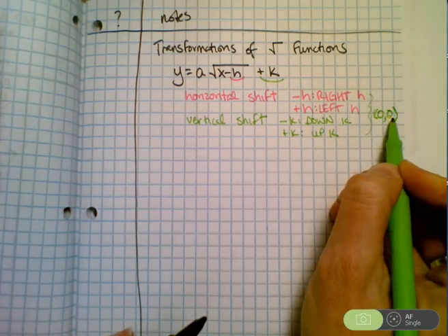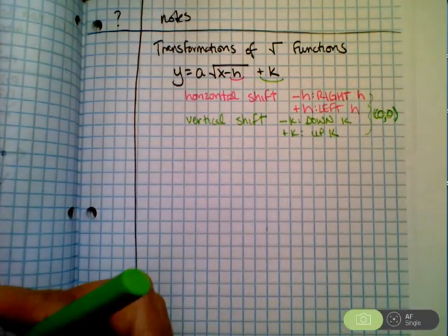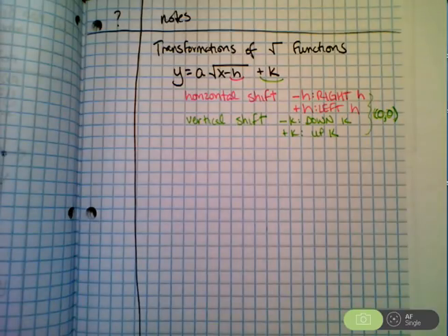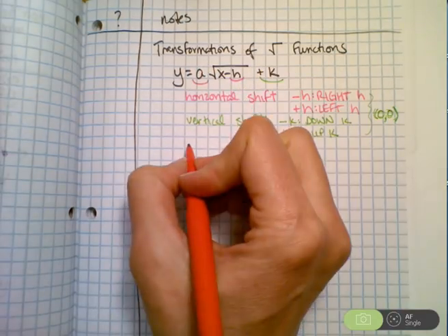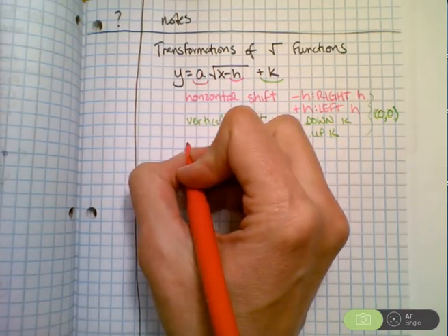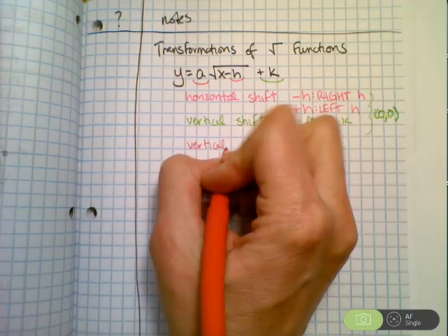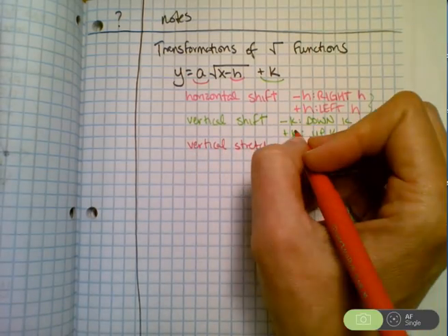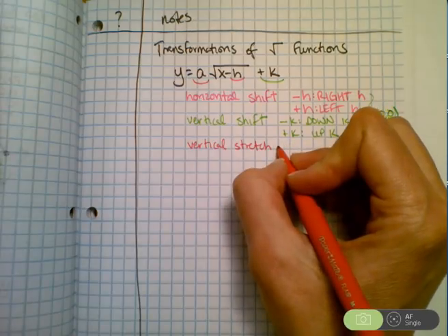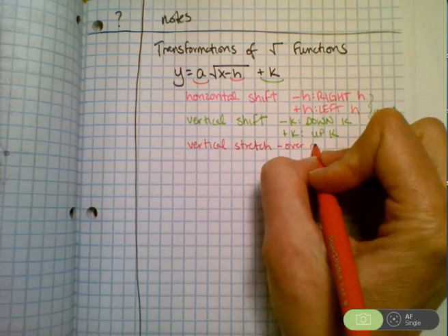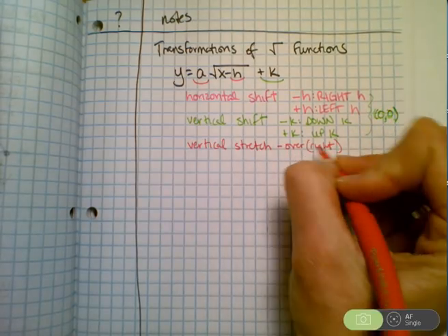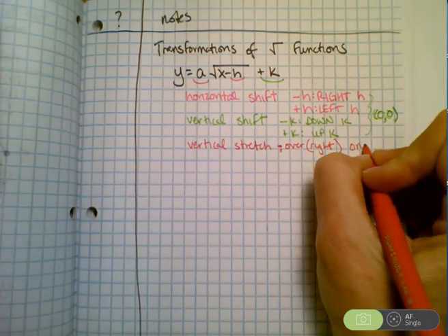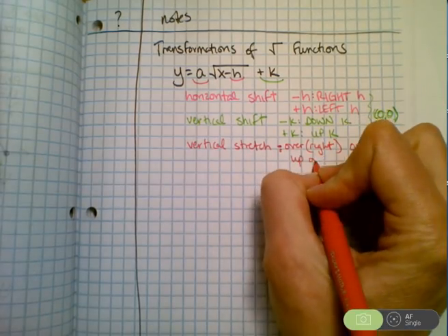That's the reference point that's going to move left, right, up, or down first. So we move our reference point. Then we look to see whether we have something on the outside. And if we have something on the outside, A is our vertical stretch. So to look for that to show up, we go over 1 to the right. And then we go up or down